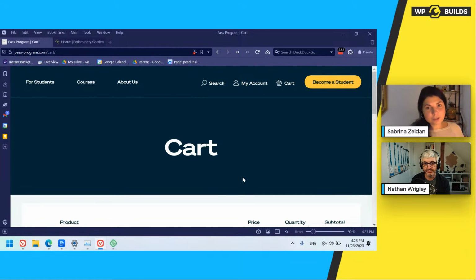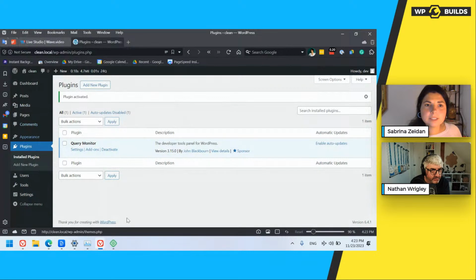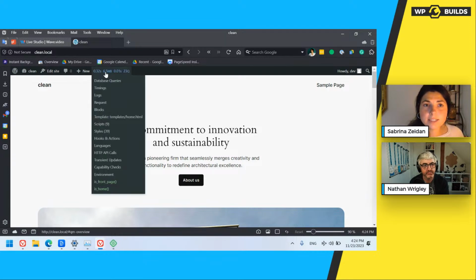What if you found out that on one of those steps something is slow? The next step that you can take is to install what I have here, Query Monitor. You can install the free plugin Query Monitor and go to those pages. I don't have WooCommerce installed on this new website, but you see that Query Monitor gives you information about this